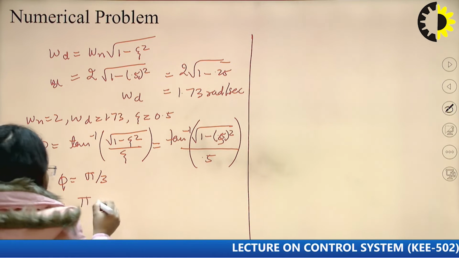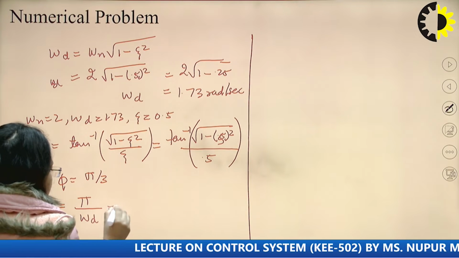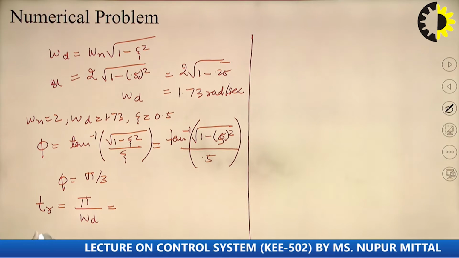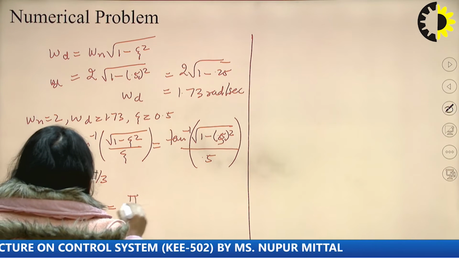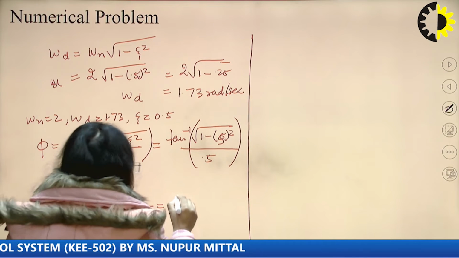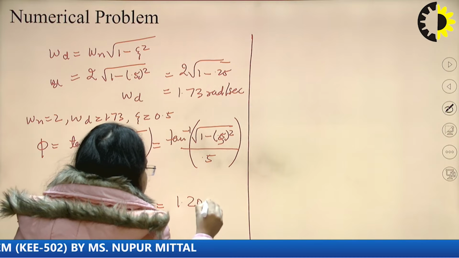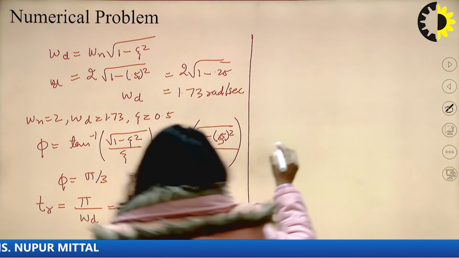Rise time is pi upon omega d. Okay, so pi here is pi and omega d is 1.73. So TR is coming out to be 1.20 seconds. Okay, and similarly for TP,